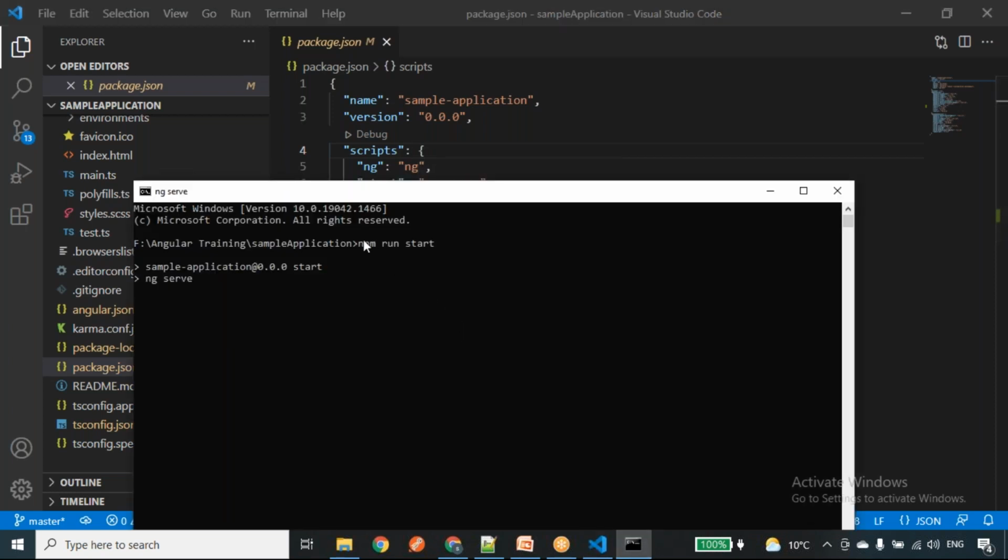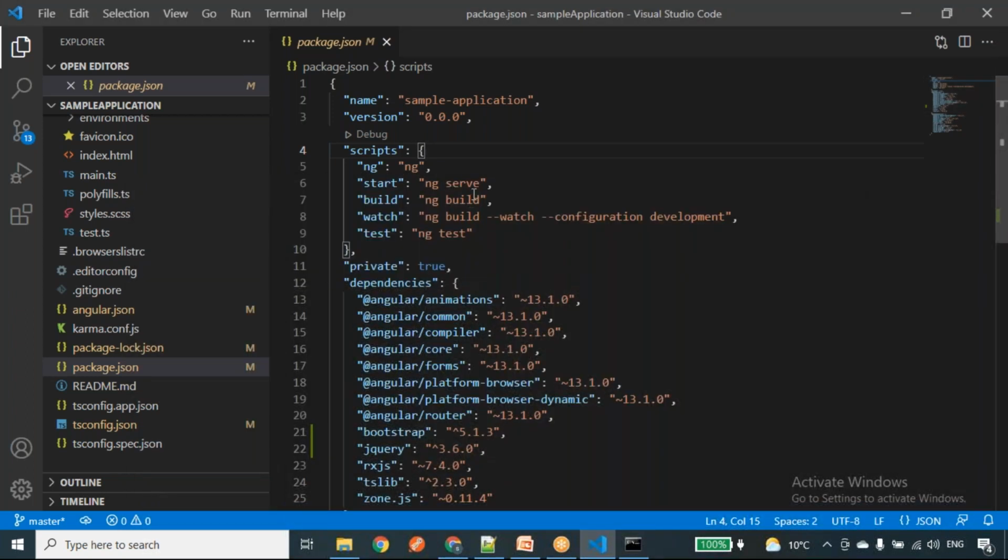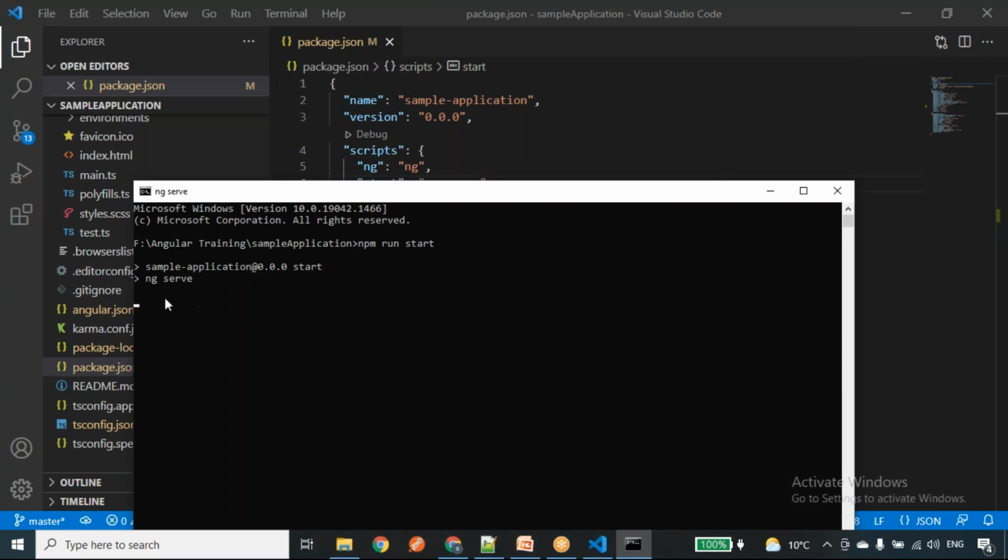So we can do npm run start or ng serve; both are equal. But if I change some command, if I add some flags, at that time this command will change. Yeah, it will take 2 to 3 minutes to compile the application.